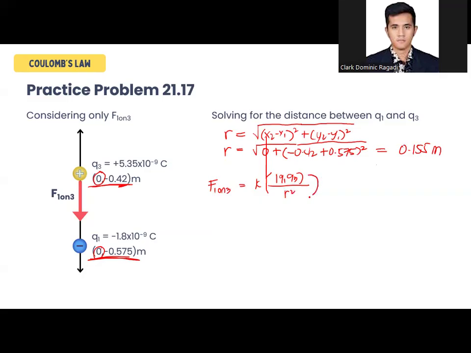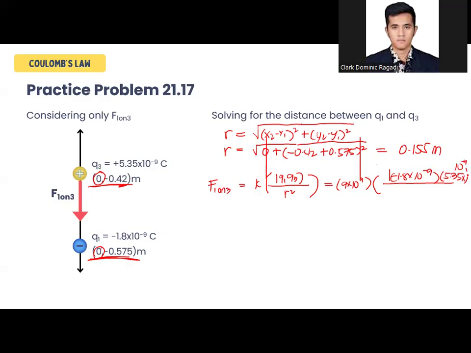Let's plug in the values. K is 9 times 10 to the power of 9 times the absolute value of Q1, which is negative 1.8 times 10 to the negative 9, times Q3, 5.35 times 10 to the power of negative 9,